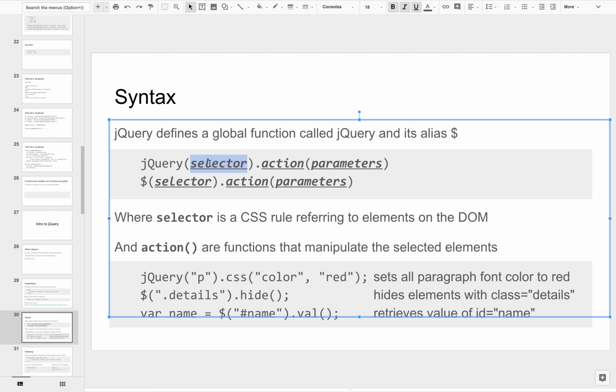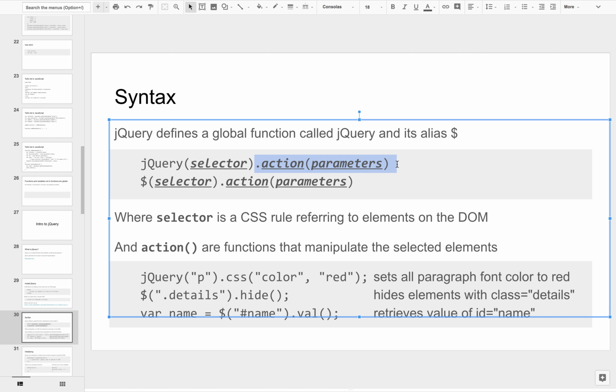Meaning this is going to refer to a piece of elements in the DOM. So this is going to allow me to select a piece of the DOM, and once I have a reference to it, I can then do all sorts of manipulations on it. I can hide it. I can show it.